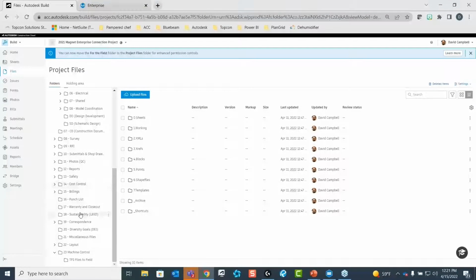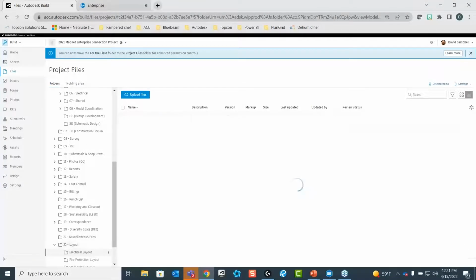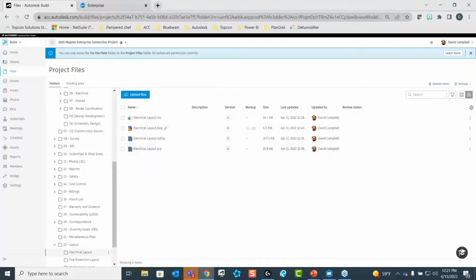Now, you're also going to see the layout. Again, I'm going to talk about the machine control in our next webinar here, but with layout, we're able to store these files here within Docs, whether it's the fire protection, mechanical, what have you. All of this is version controlled. Each time that we get an updated DWG or an MJF zip file, or we update our point file,